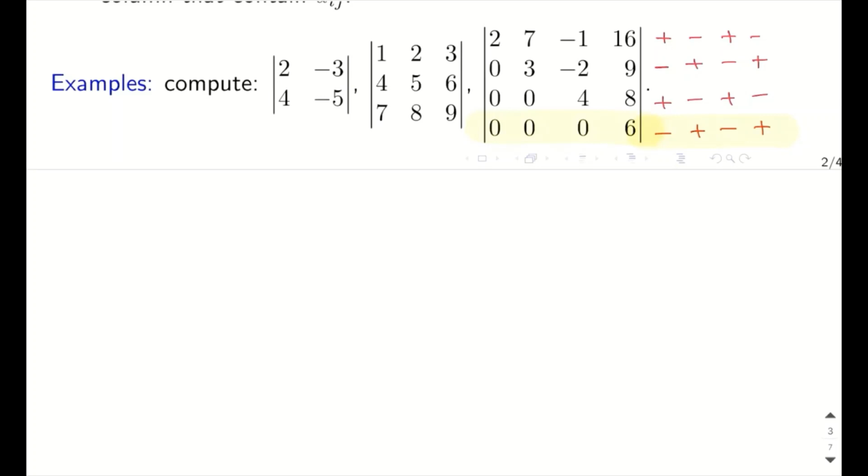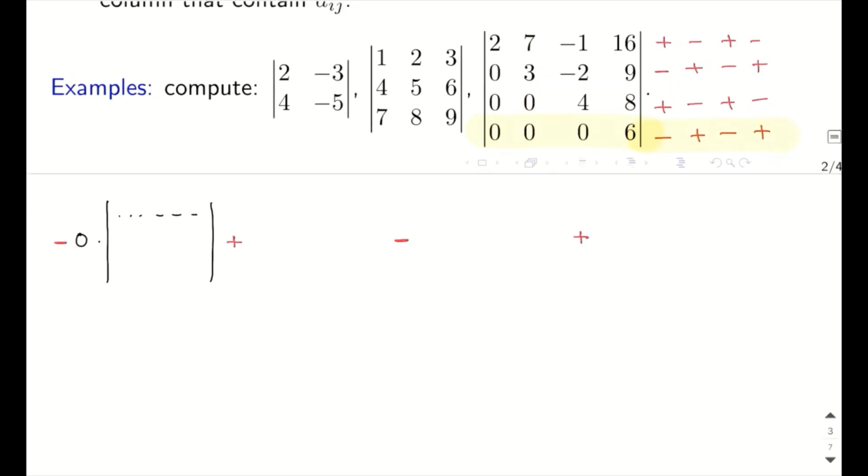All right, so that is going to be minus, plus, minus, plus 0 times the matrix that is obtained by deleting the row and the column here. So that's going to be this one, right? Because I know it's not going to contribute anything, I'm going to just write dot, dot, dot. And then plus 0 times the determinant obtained by deleting the rows and the column that contain the entry here. So delete this column, this one, so you have 2, 0, 0, negative 1, negative 2, 4, 16, 9, and 8. You put them here,